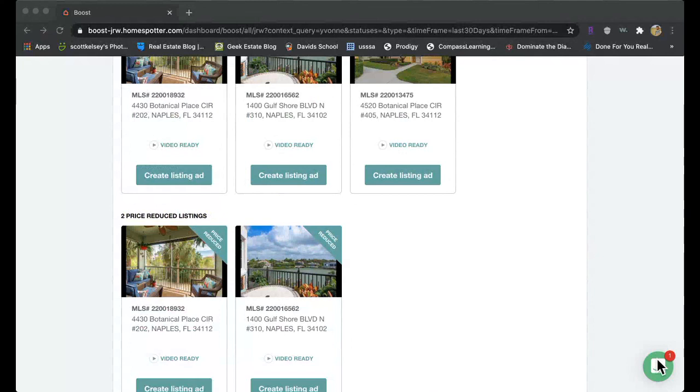Can we change from rectangle? Could you give me some information about boosting listings? Just to clarify, we can post ads that are just to market ourselves to find buyers, correct? What type of ad should we ask the design person to create? Those are going to be the agent image ads.